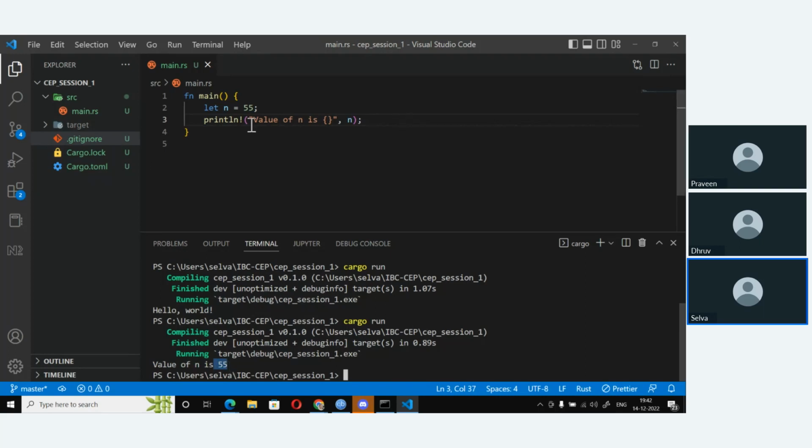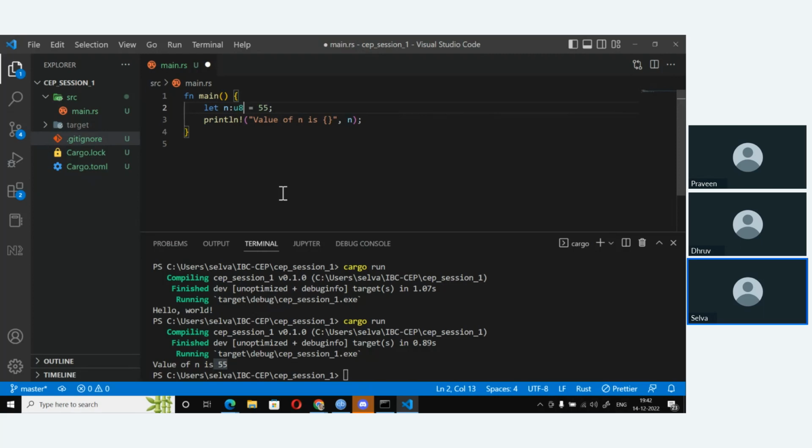However, if you see here, when I bring the cursor in here, the compiler automatically infers what type it should be. Now I can actually mention, hey, I want this n to be an 8-bit unsigned integer. So I can say u8.